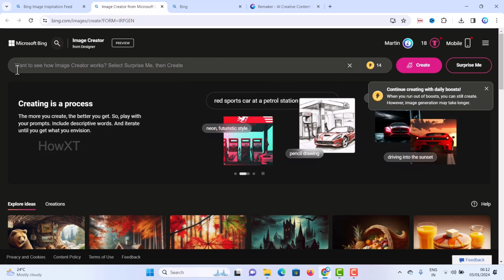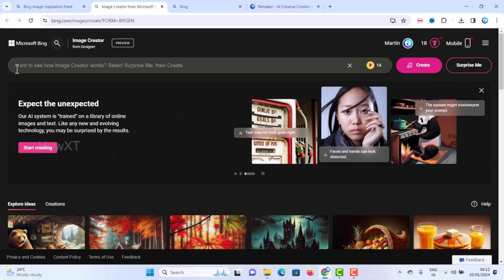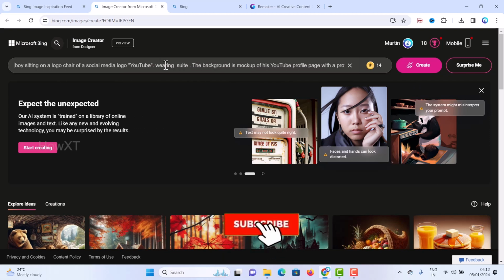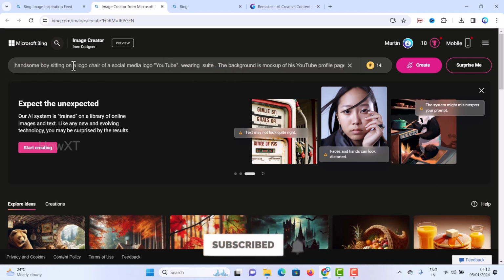If you want to see how image creation works, you can let it surprise you, or you can create something new. I just want to type a prompt: a boy with a handsome look wearing a suit, or any other things can be added over here. So, handsome boy sitting on a logo chair with a social media logo like Instagram or YouTube, or anything you can give here, and wearing a suit, with the background mockup of a YouTube profile. Because my YouTube channel name is HowXT, with a soft light